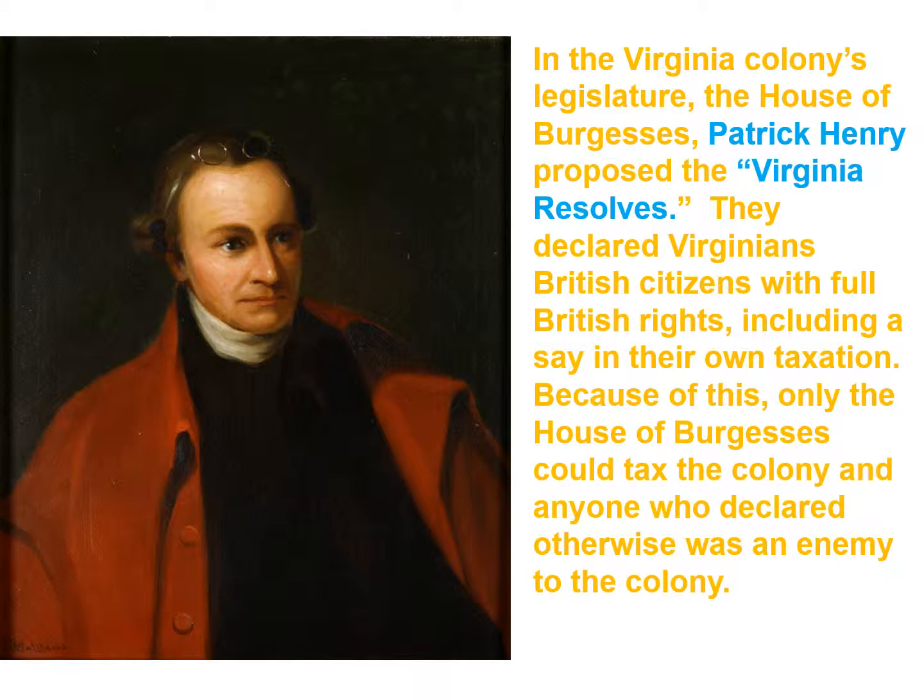But the majority of the legislators were not present that day. They had returned to their homes. The first of his proposals simply said that the colonists were British citizens with formal rights, including the right to tax. And the others were more radical, saying that only the House of Burgesses could actually tax Virginians. And the last said that anyone who agreed with the Stamp Act and opposed direct representation was an enemy to Virginia. Well, the Speaker of the House yelled out, calling Henry a traitor.